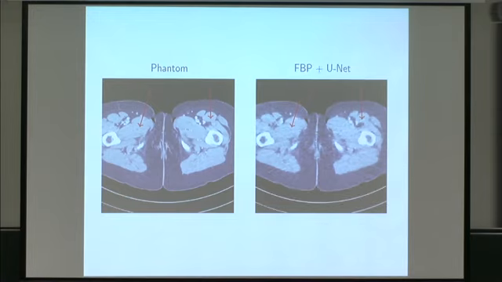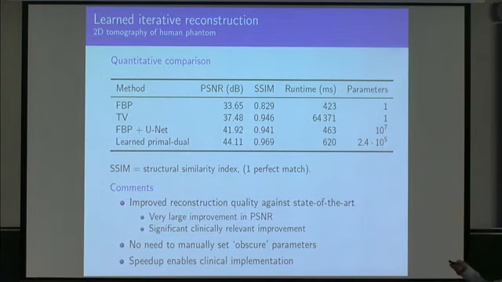And then you can do the post-processing with the neural networks. But you see, in all of these, you don't really address the issue of these false structures. And when you do the learned primal dual, this is what you get. They are gone. So you can, of course, look at PSNRs. But at the end of the day, we're talking about clinically useful improvements. And this was an example of clinically useful improvements.